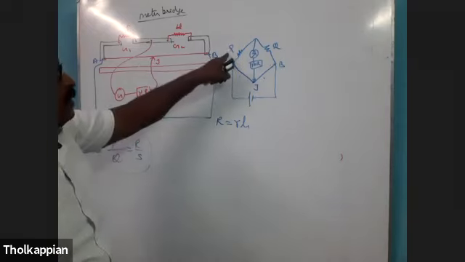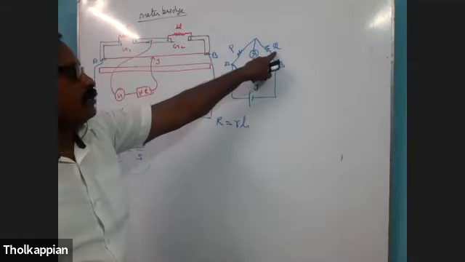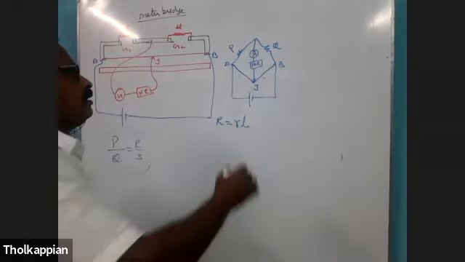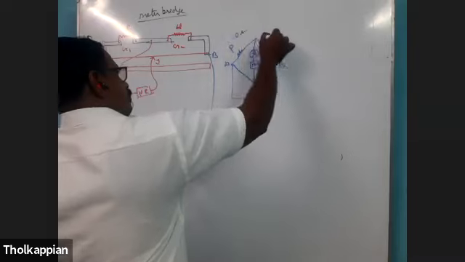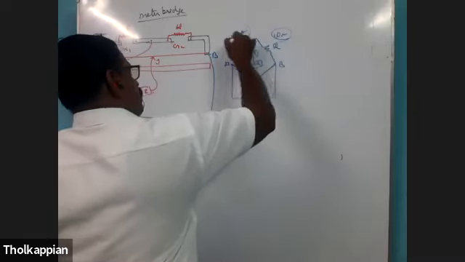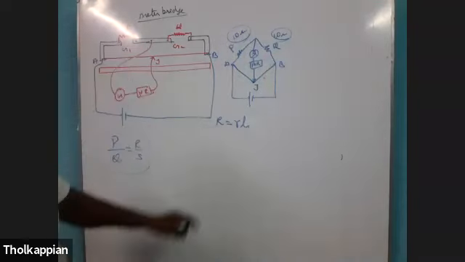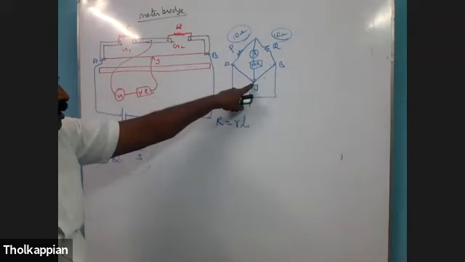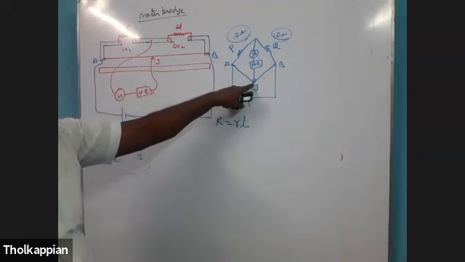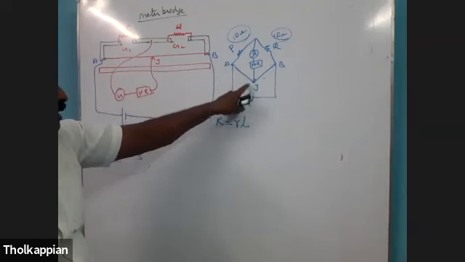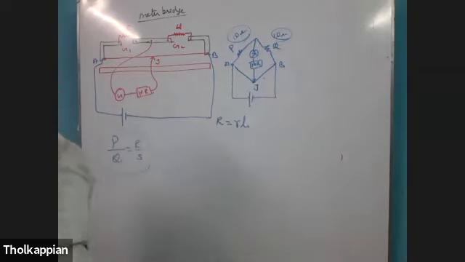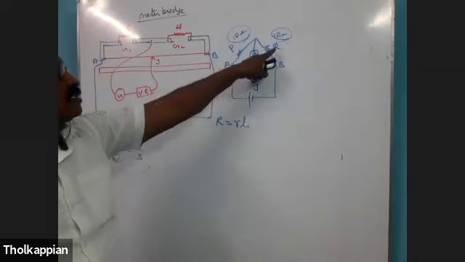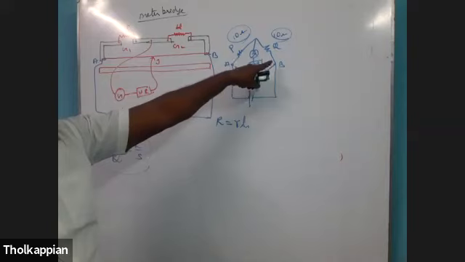See, if the P value and Q value are the same, for example, the P value is 10 ohms and the Q value is also 10 ohms, both P and Q resistances are 10 ohm. The balancing condition here is exactly 50 centimeter, because AJ is equal to BJ if both the resistance values are the same.